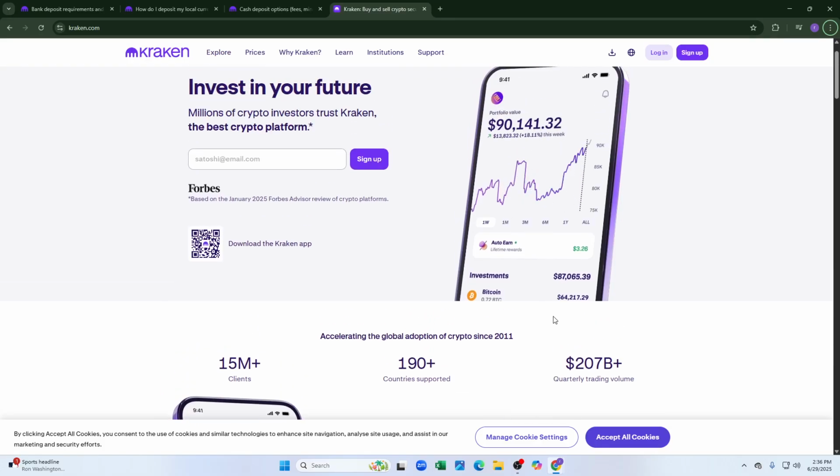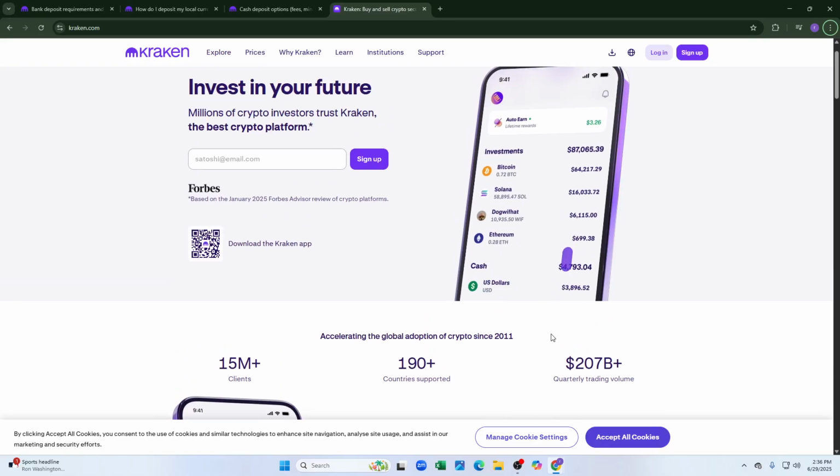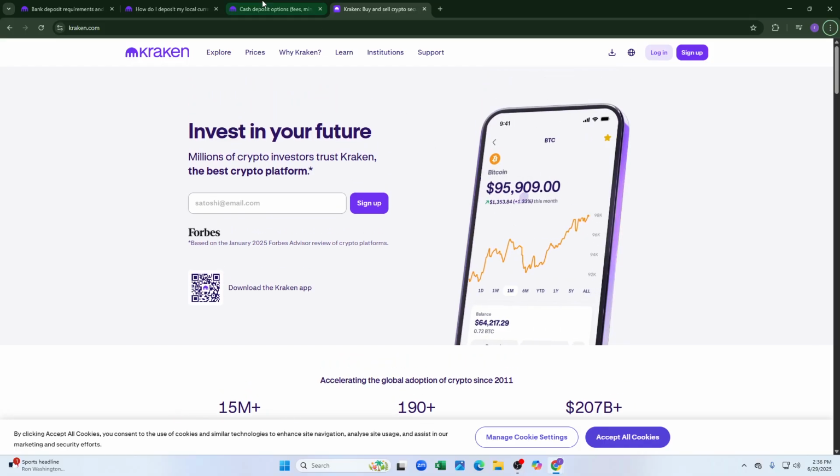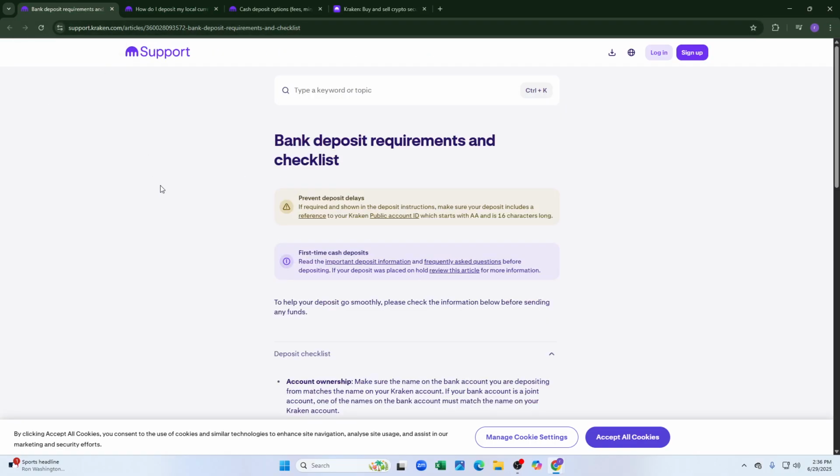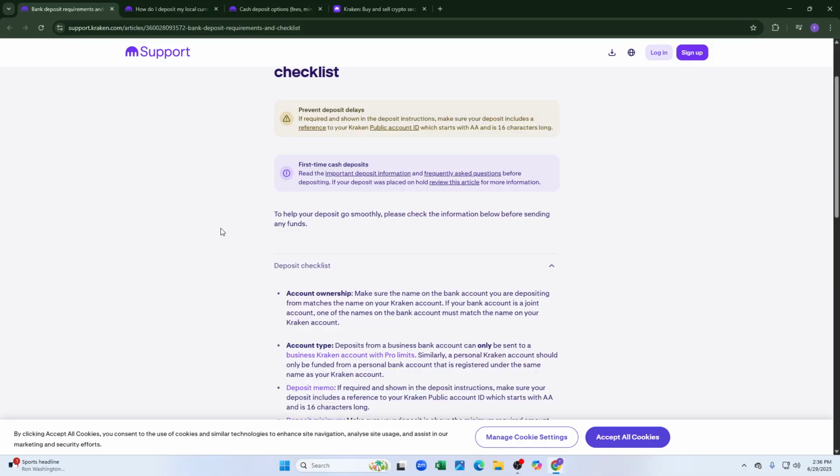In this video I'm going to show you how you can deposit to Kraken from bank. So let me first tell you the requirements for bank deposit and the checklist. You have to have the account ownership. Make sure the name on the bank account you are depositing from matches the name on your Kraken account, and